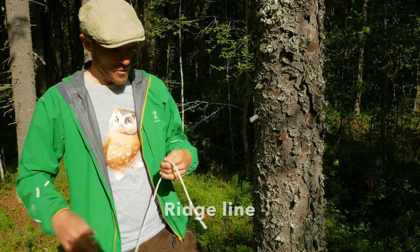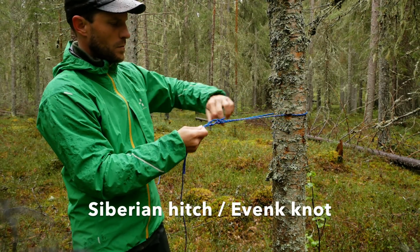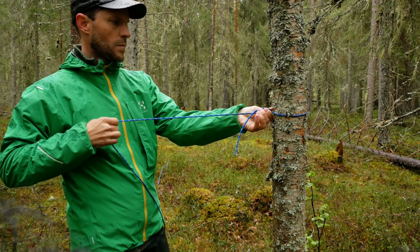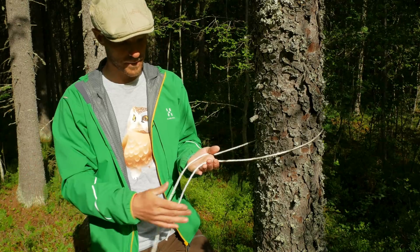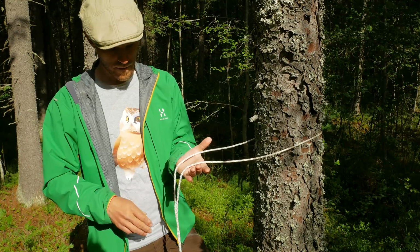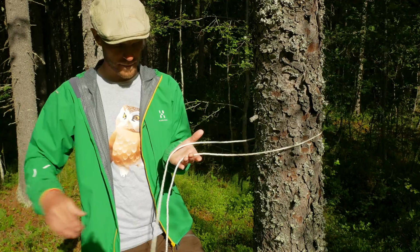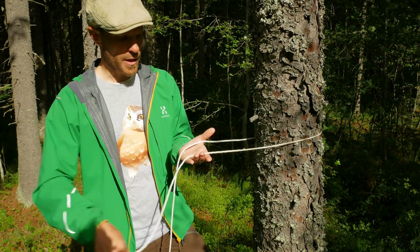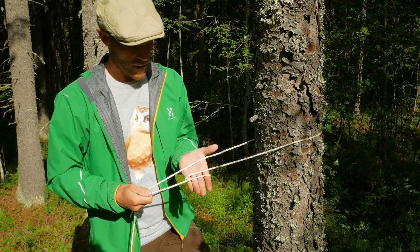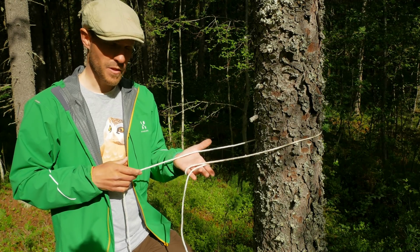The first knot I will show you is for the ridge line, the first end of the ridge line. It's called the Siberian Hitch or Erik knot, and it goes like this. Take both ends in your hand, the working end, short end, and the standing part. Take the working end around the hand to create a loop. You now want to go around the standing part or capture the standing part